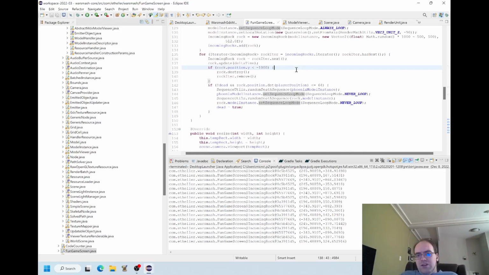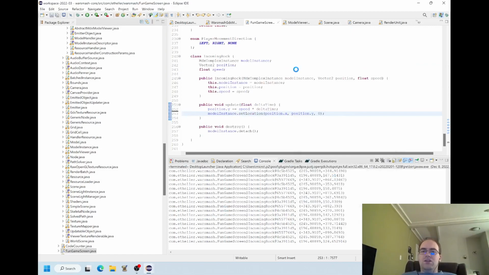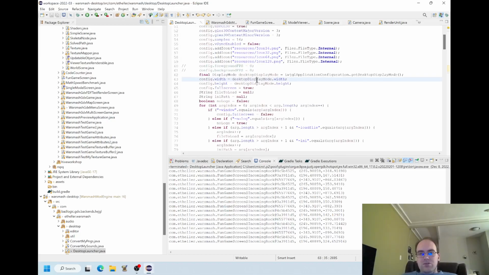What was I going to do? Oh yeah, there was a system print line in here that was printing out. I think it's in the rock. You probably don't really want that. That can actually slow down the game. That might have contributed to some of the lag from that. I guess another interesting thing you could do, if you're fed up with the problems I was having,